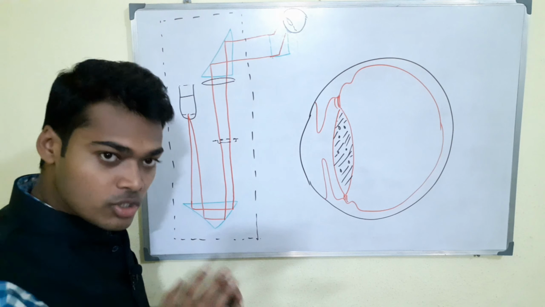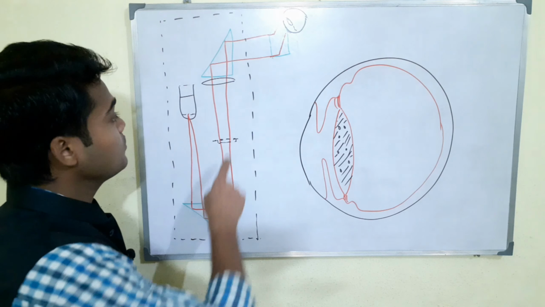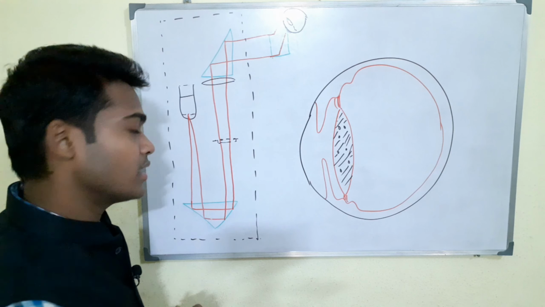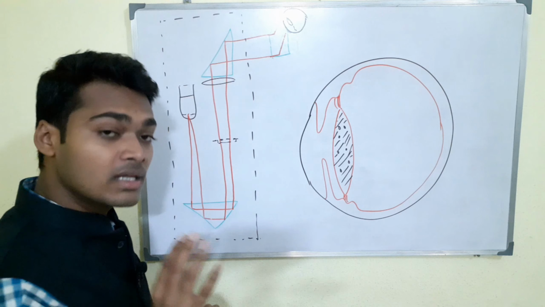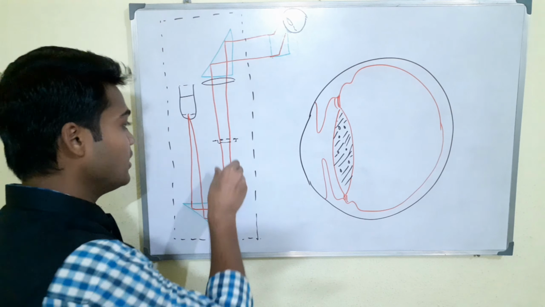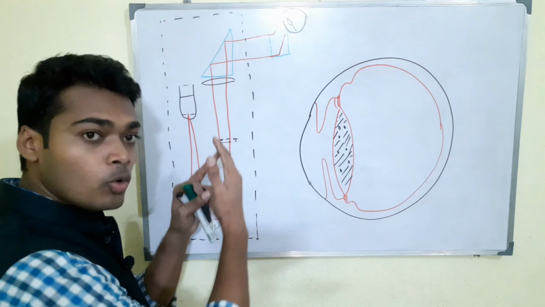So what is the conclusion of PAM? Basically it has one prism, two prism, three prism. Means in the PAM there are basically three prisms, and here is one condensing lens. So what is the function of the condensing lens? It bends or condenses the whole light which is